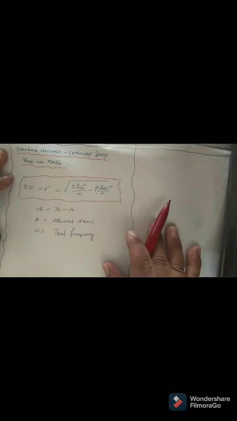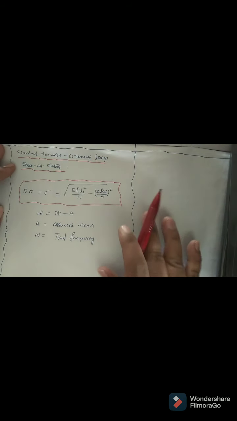Let us solve the same problem. Assume a as 2.5. You have to get the same answer. Understand? You will get that 6.93 or 6.928 something. Okay? You try it.